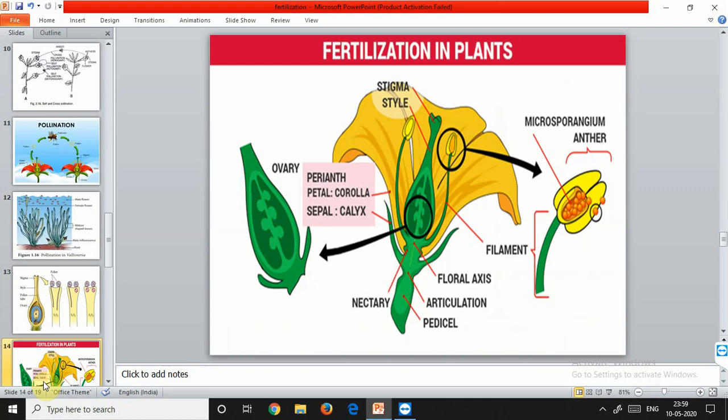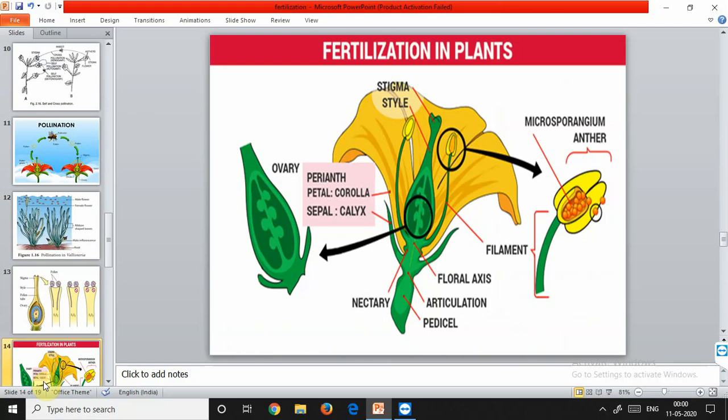Now, this phenomenon of fertilization was first reported by Strasburger in the plant Monotropa. This is the reason why fertilization in angiosperms is considered very significant, because it leads to double fertilization. A double fertilization event is a very rare event that is not seen in any lower plants, nor in any higher plants.